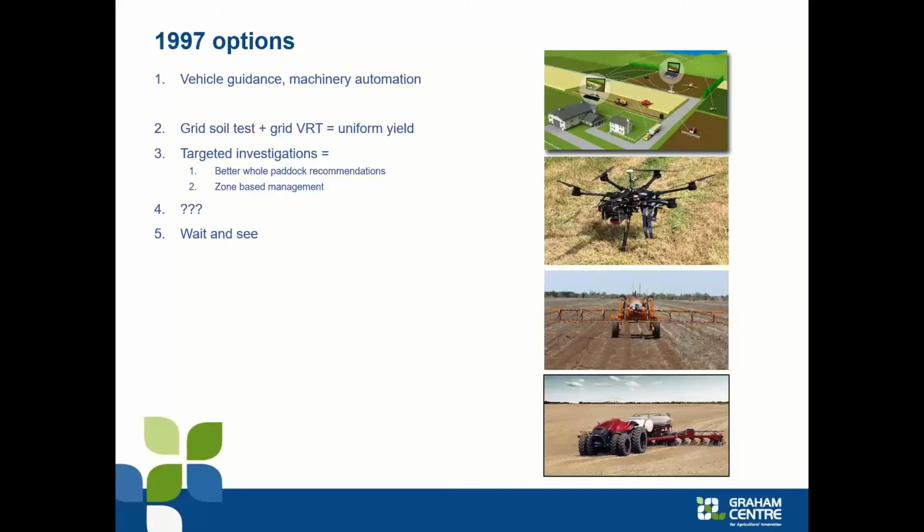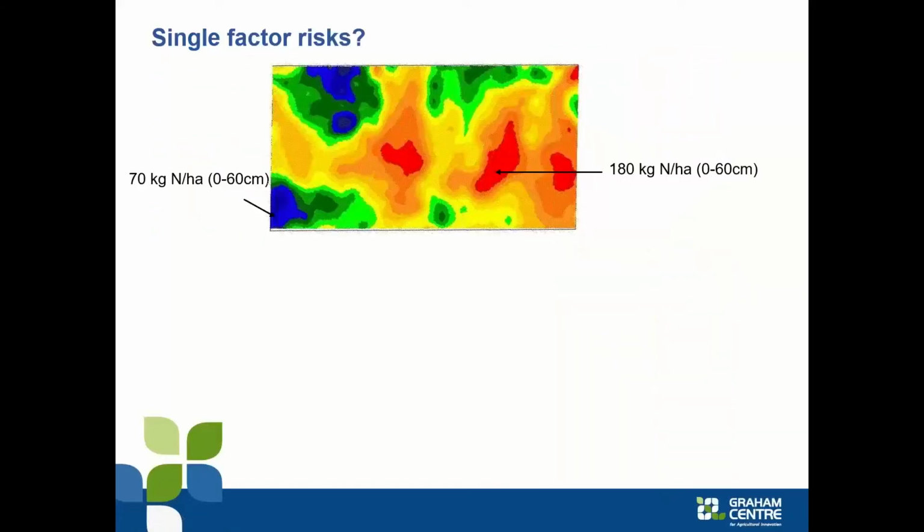And so there was some reluctance to go down that path until we really knew what was going on. There were also plenty of people who just didn't know what we were going to do with the variability, and others that said, well, let's just wait and see what happens. But we pretty much jumped into investigating variability and looking at soil patterns and soil yield. And the first thing that became immediately obvious was that if all you have is a single piece of information, that can actually be more dangerous than having no information at all.